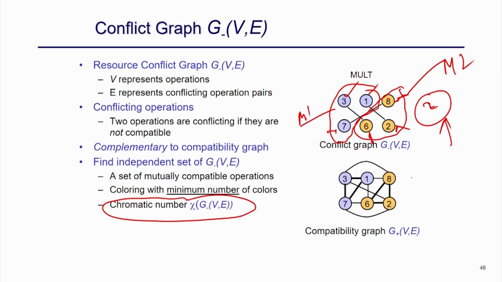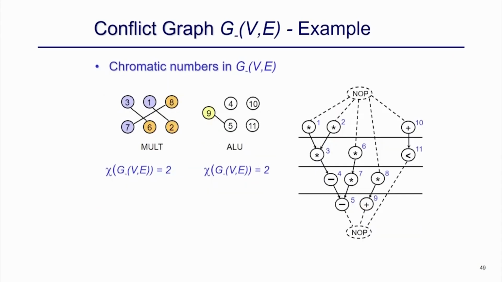Similarly, for the adder, this is the complementary graph for this multiplier. So, you can see that the result is the same, right. For the conflict graph for the adder, I have only this, because there is only sharing here, and I can use white for all these 4 and only this is yellow. So, I need 2 adders, and this 4, 10, 5, 9 can be executed in the same adder, and this is adder 1 and this is adder 2. Right. So, here I just discussed how